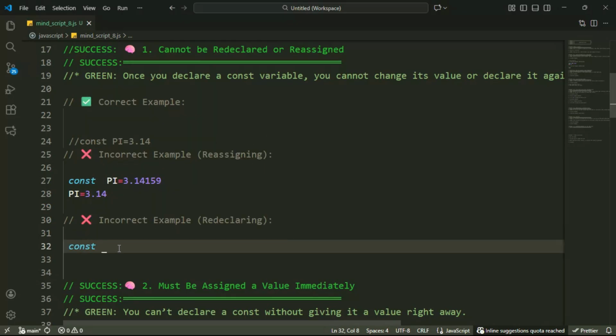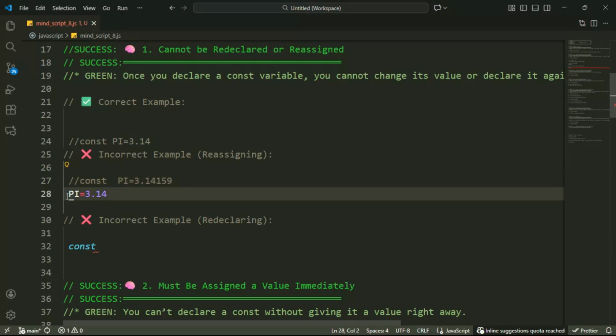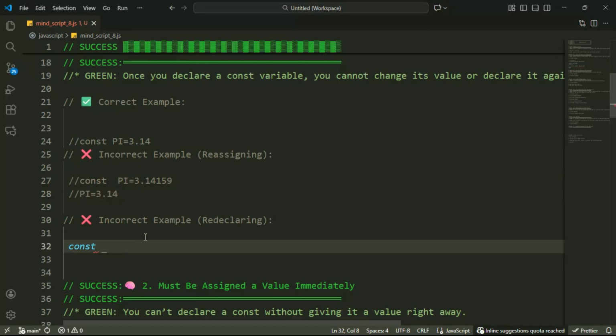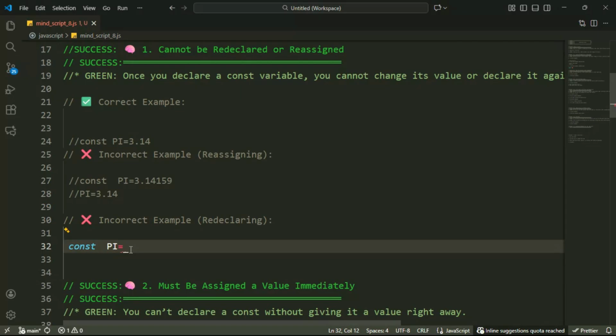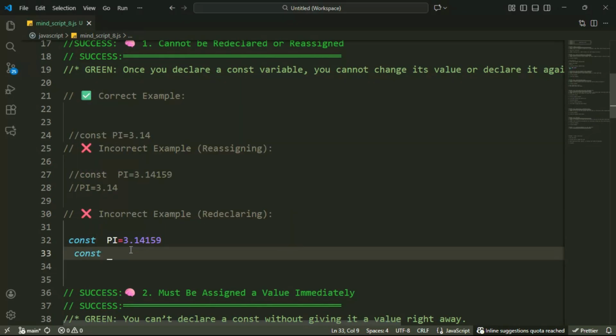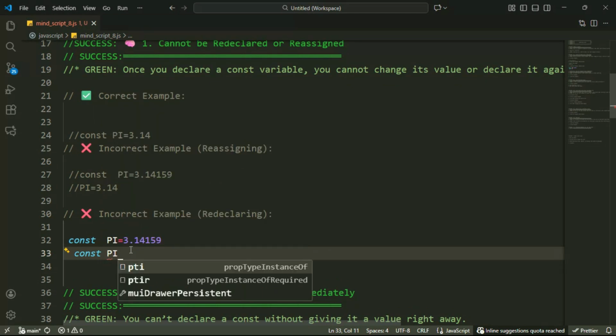If you try to redeclare the same variable and assign a different value, this is wrong. If you write pi, then 3.14159, and then try to redeclare pi again,